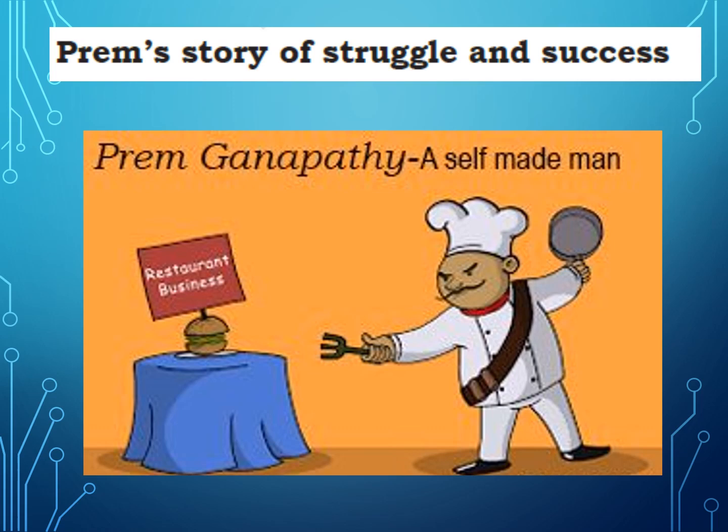Prem had saved some money and wanted to start a dosa shop. He asked his brother and uncle for a small loan to set up a small dosa stall near a railway station. At the railway station, a lot of people came but did not have many options for tasty food. His customers praised his food, and gradually he had customers from far off places too. As he spoke to his customers, he found out that his customers like different kinds of dosas.